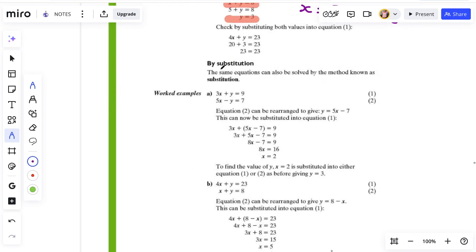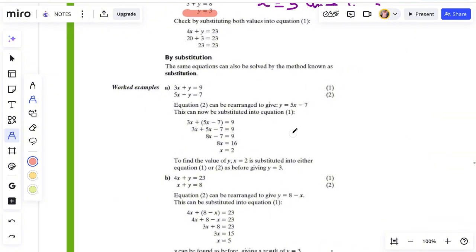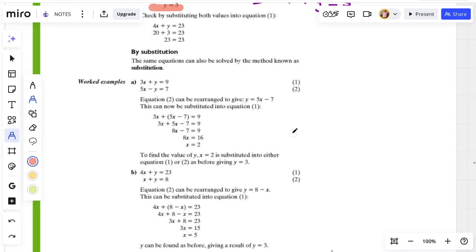Say more further equation, but now by substitution. Second method, we're going to use substitution. Now, to use substitution, what it means is that we're going to write equation 1 and equation 2. We're going to create equation 3. Okay, maybe this one will solve it out to show it more clearly. So we write this one out. We write 3x plus y